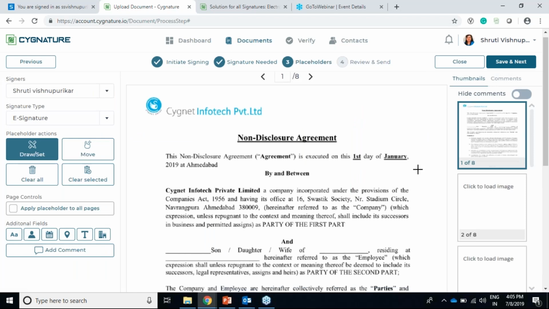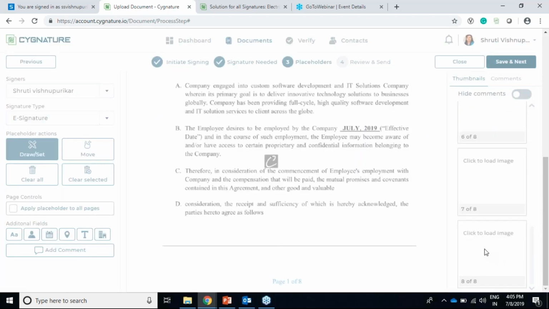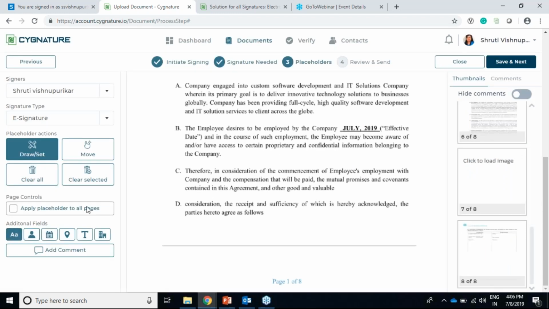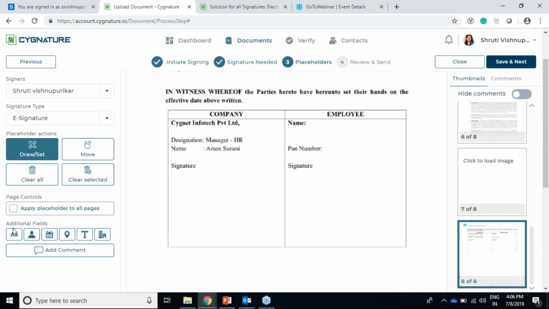Okay. So a few things here we have come up with that are new are these additional fields. Initially we just had an e-signature placeholder, but now we have additional fields like initials, name, date, the location from which you're signing, then there's title, your job title, and your company name.